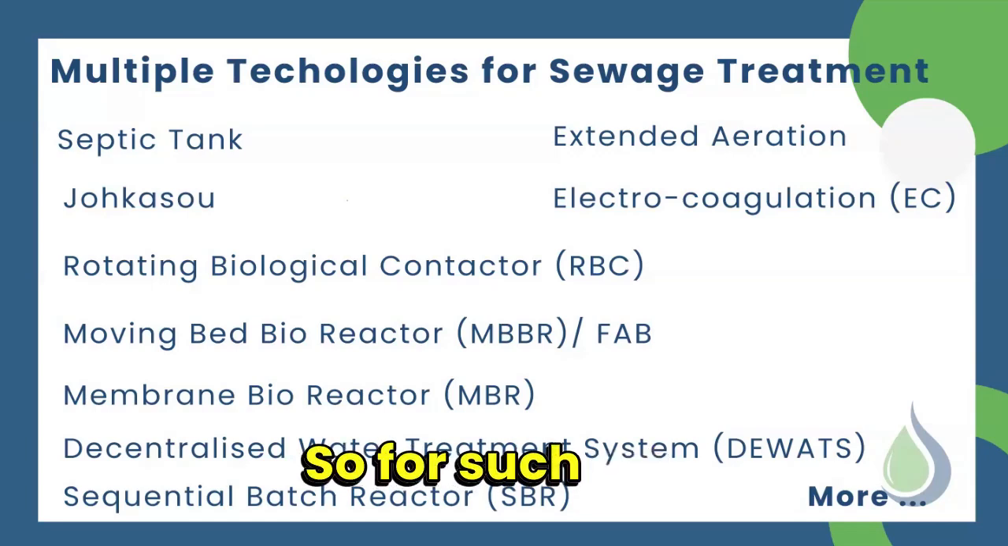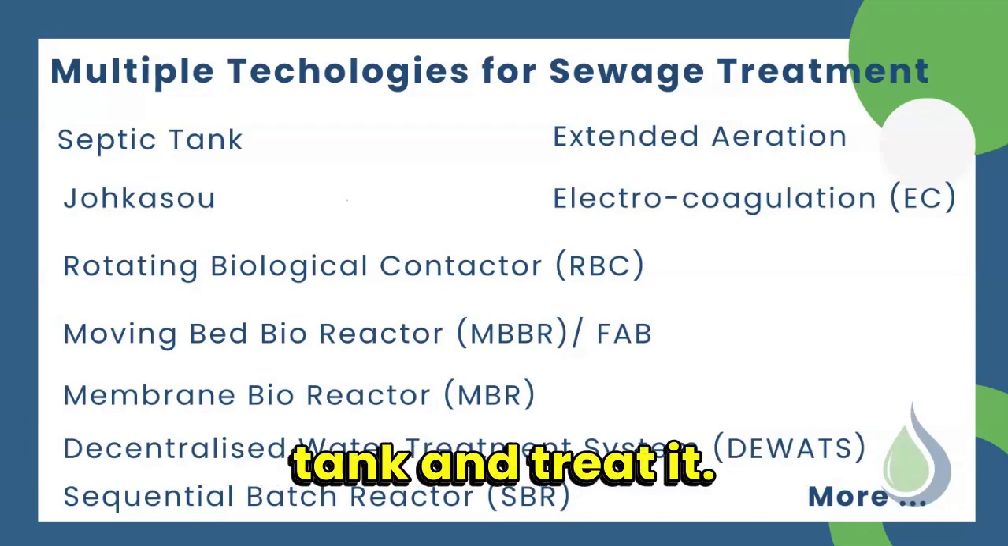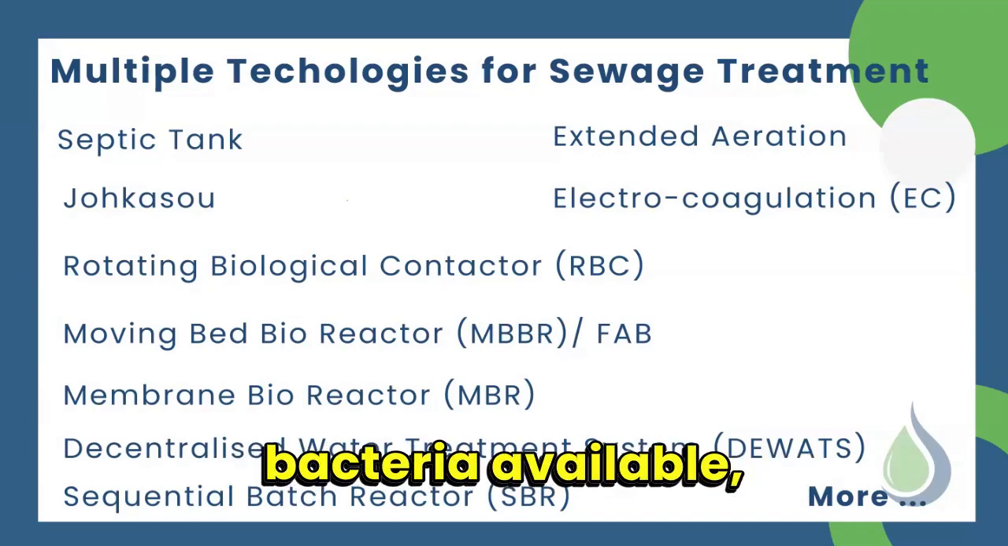So for such kinds of applications came what is called a batch reactor. That means when you have sewage available, you will give it into a process tank and treat it. And when there is no bacteria available,